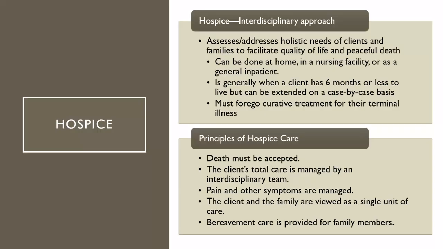The 6 months process. In order for a patient to come onto hospice service, a doctor has to say, yes, I predict this patient has 6 months or less to live. That does not mean that they are going to die at or before the 6-month mark. They go through a recertification process every 90 days to make sure that we have not inappropriately been billing for funds to care for a patient that is supposed to be dead. I mean, we're not God. We can't predict when someone's going to die.